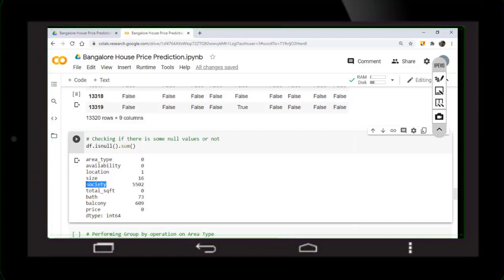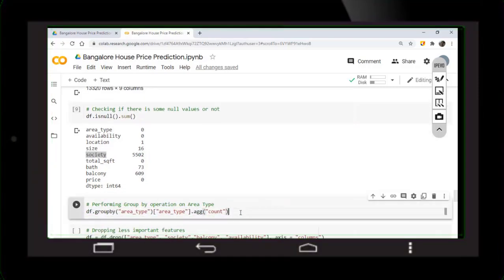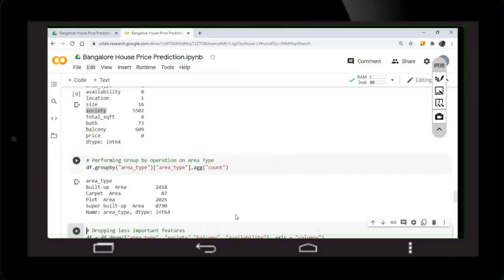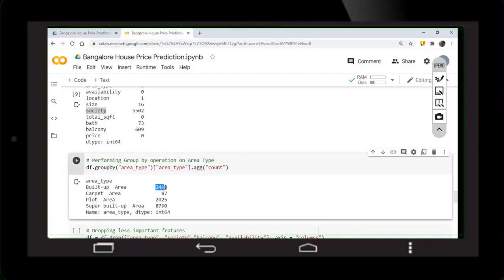Now let's perform a group by operation on area type. So here we have a total of 2,418 built-up area, and we have 87 as carpet area, and we have 2,025 as plot area, and 8,790 as super built-up area, which is the majority of area types.